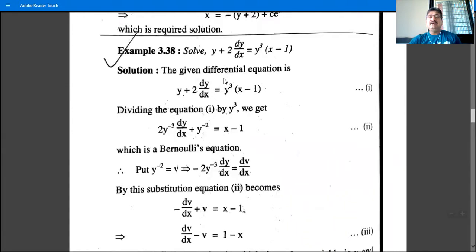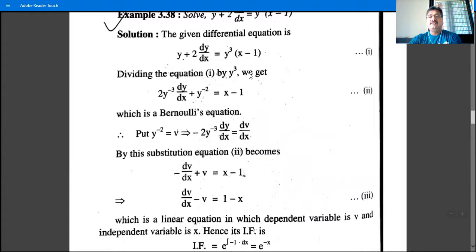So next problem is again of the same type. y plus 2 dy by dx is equal to y cube (x minus 1). The given differential equation is 2 dy by dx plus y is equal to this. So dividing by y cube, we have 2 y raised to minus 3 dy by dx plus y raised to minus 2 is equal to x minus 1. So dividing by 2 only, dy by dx plus 1 half y